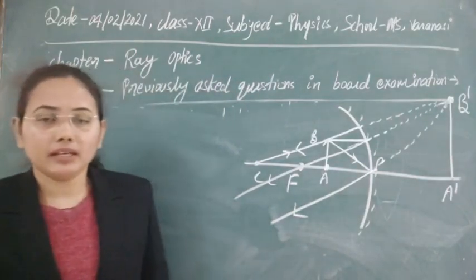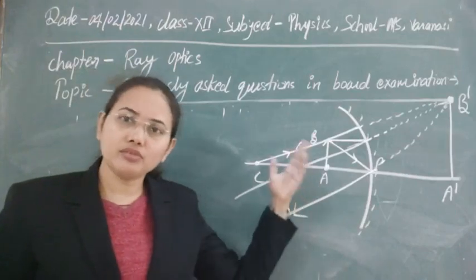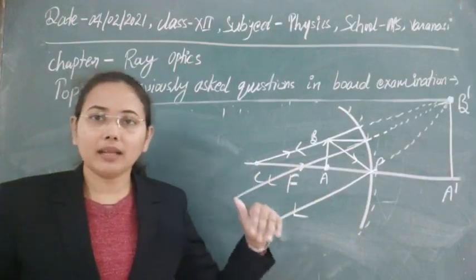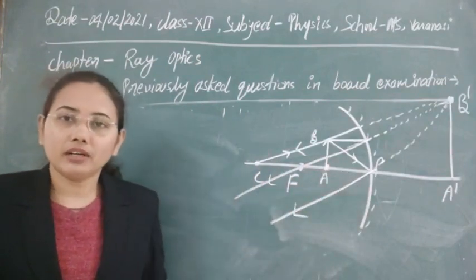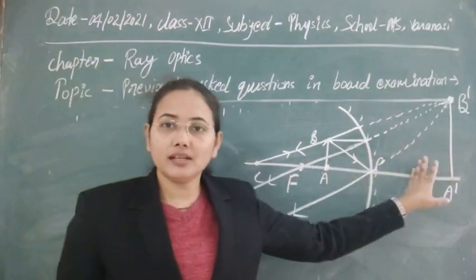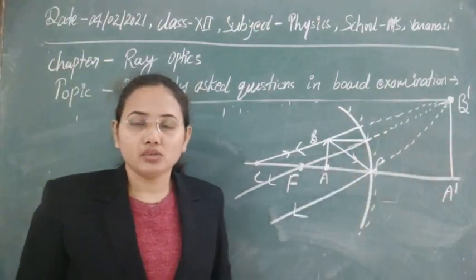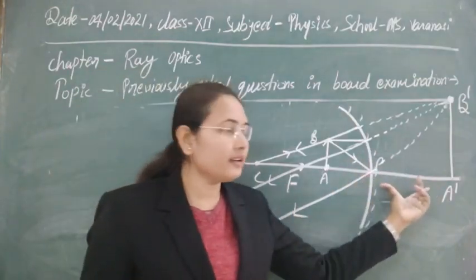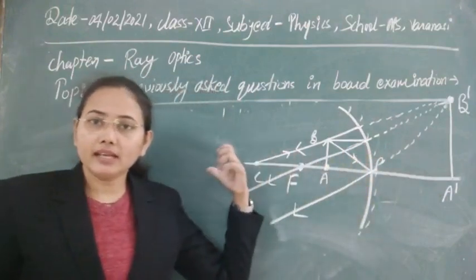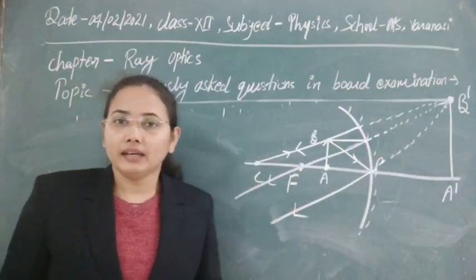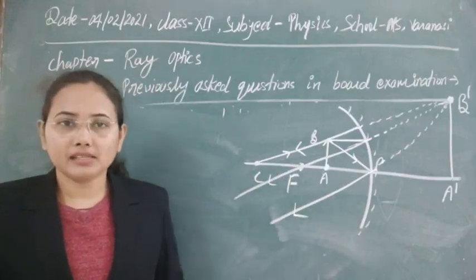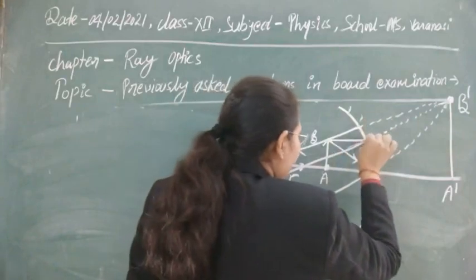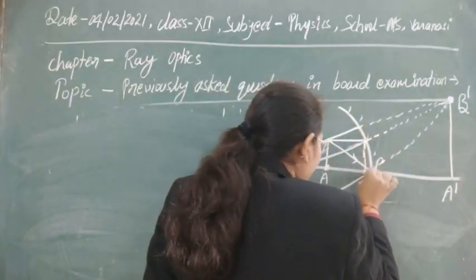In the case of the mirror formula, we have used a different ray diagram, where we were getting an inverted image and also the image in front of the mirror. But still we have to use these conditions to obtain the mirror formula. So here the mirror formula will be of a somewhat different type. In that case we get V negative, but here we will get V as positive. So let's take it. In this case, first of all, you can draw a normal here. So this is point M.